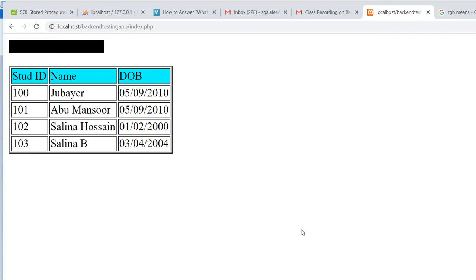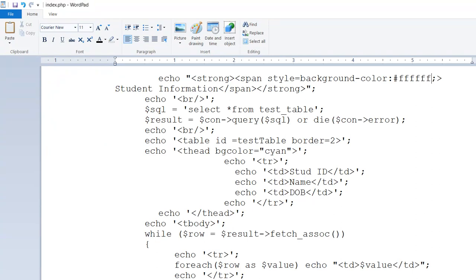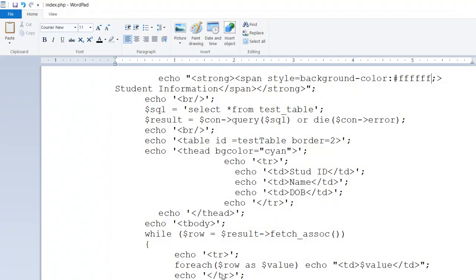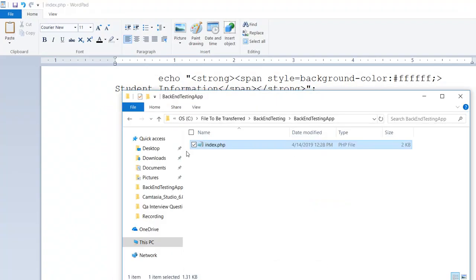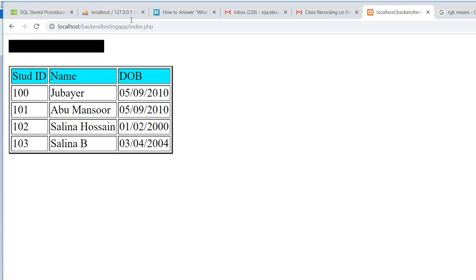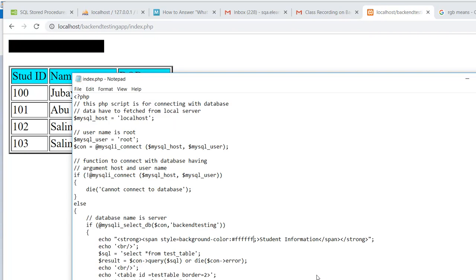0 to F. So it seems, let me see if it is in Notepad. What do I see? So it seems it is not updating. If I go there and open it with Notepad, it is F, right? It's not updated. Okay. If it is FFFFFF, it should be white. So if I go there, one second,